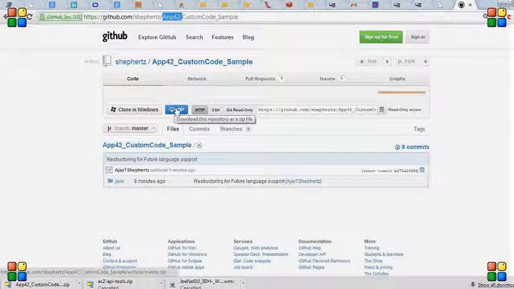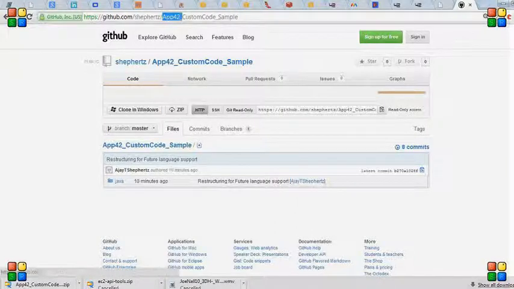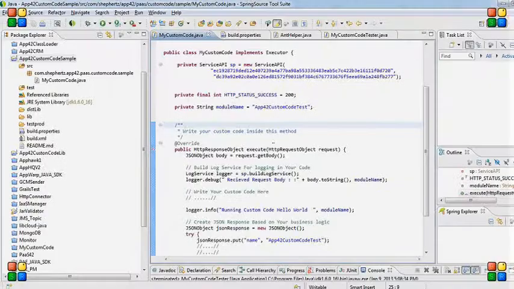Once you unzip that file, there is a Java folder available inside it. You have to import that Java project as an Eclipse project in your Eclipse IDE. Once you have the App42 custom code sample project in Eclipse IDE, you can see it in the Package Explorer. You can navigate to the MyCustomCode.java source file that is available in